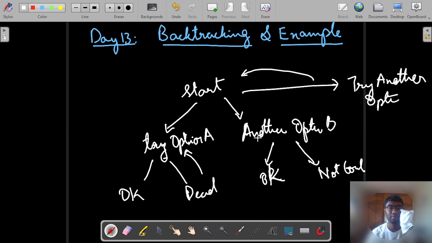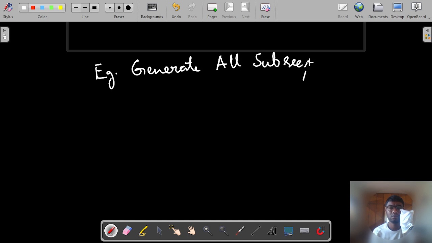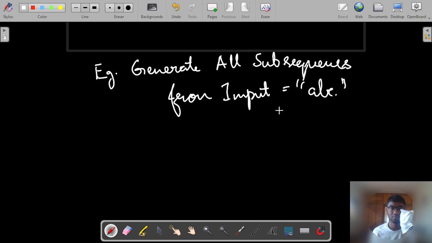For this, I have taken one example where we are required to generate all subsequences from, let's say, A, B, C. The expected output will be,